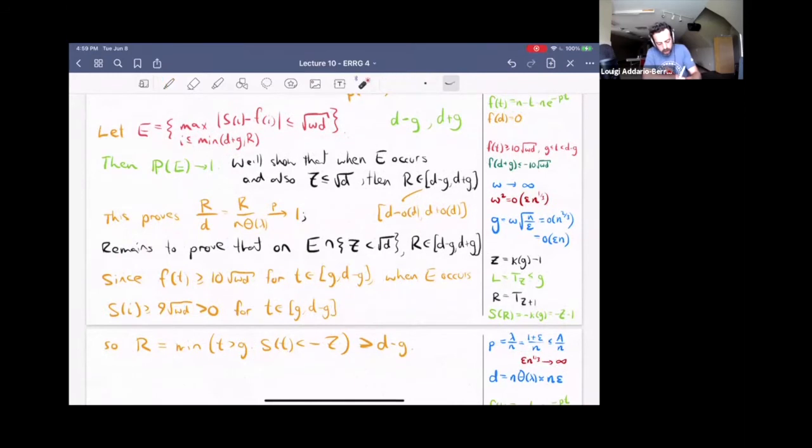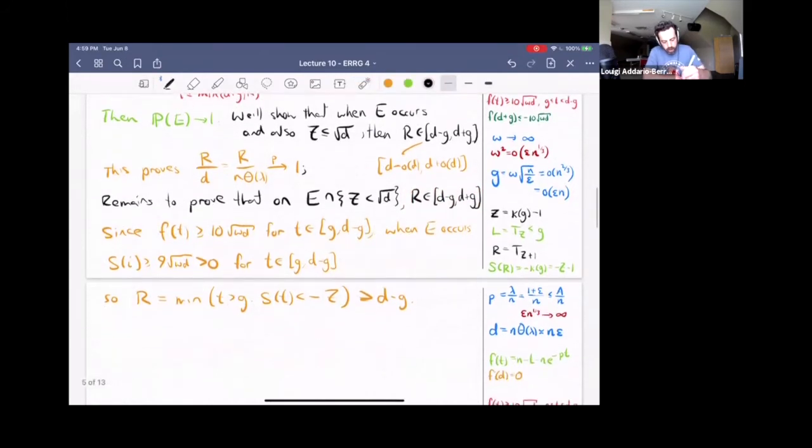We wanted that when e occurs and z is at most root d, then r lives in this interval. We've shown that it's bigger than the left endpoint of the interval. Actually, for that we only needed e to occur, but for the other bound we'll use both. So when e occurs and z is at most root d,